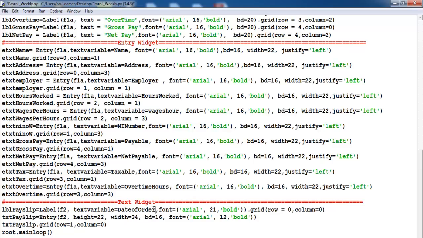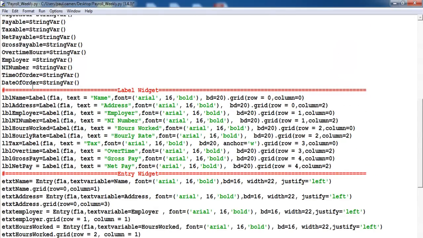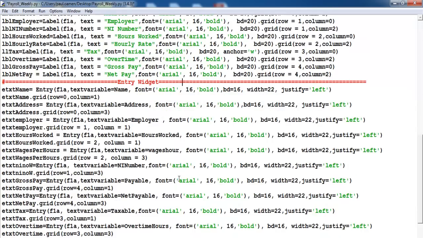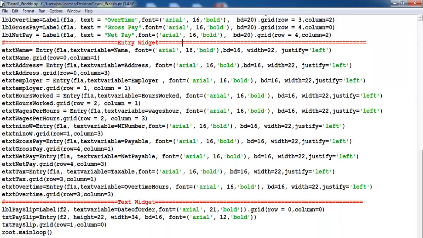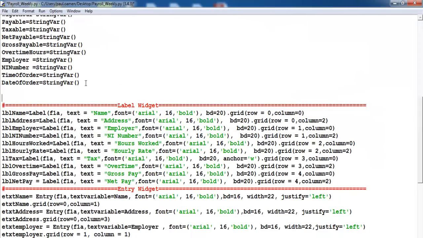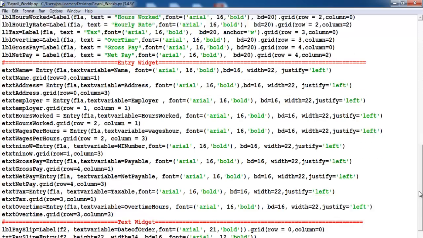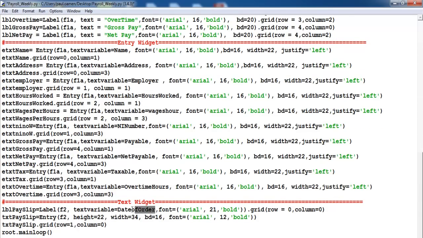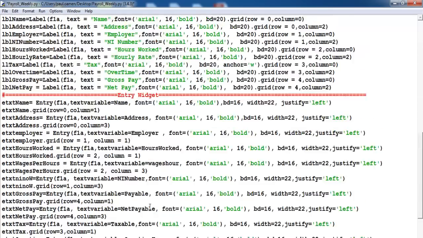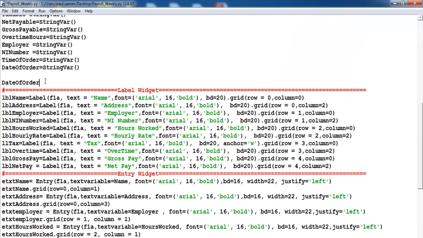Okay, do I have, I should have a variable date of order. Yeah, there we go. Okay, now all I then need to do is to attach date of order. That is it. Let's get the spelling right. Date of order. Let's make sure it's correct here as well. Alright, so date of order